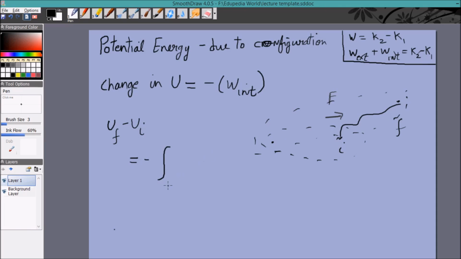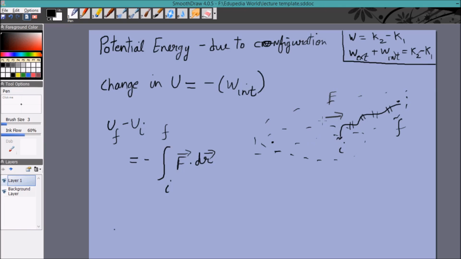on this object. So let's say it moves from I to F, the work done will be F dot dr. Now F might be changing with position and dr is the small differential displacement. So we take the small amounts of work done in these small intervals by this force and we add it all up. But what is the integral from I to F of F dot dr? Now just look at the right particle for a moment. We are not taking them both as a system for a second. We'll just take the second one as a system. On the second one, we assume that no external forces are acting. So F is the only force acting on this one. F dot dr is the work done by this force in taking it from the initial point to the final point,